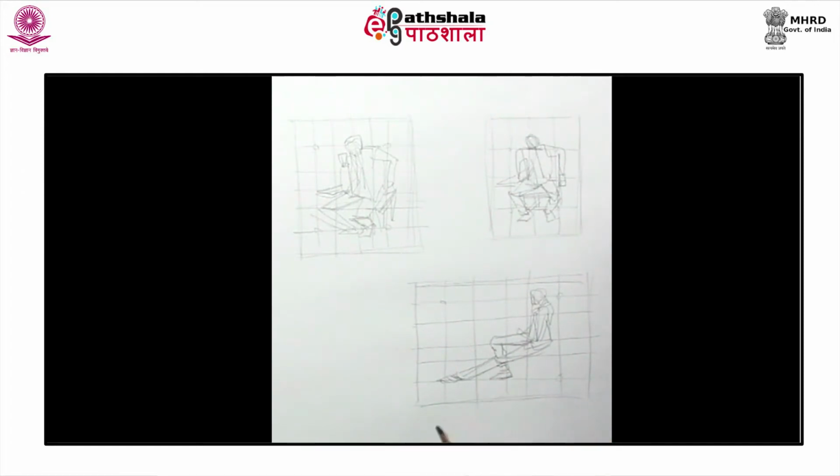Even without any details, just by catching the basic pose in a few rough strokes helps one to visualize the completed finished form. Just by three dots on the face, one can create the illusion of eyes, nose, and lips. Darkening the hair will bring out the shape of the head.